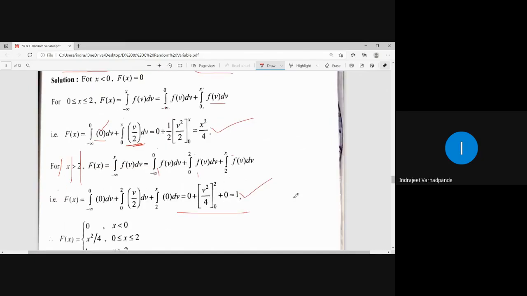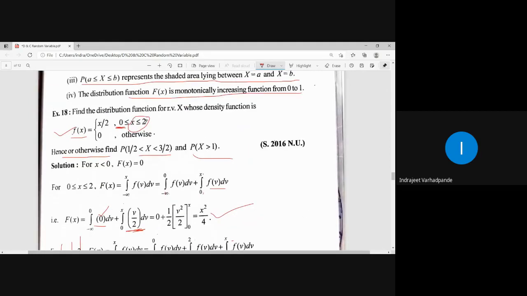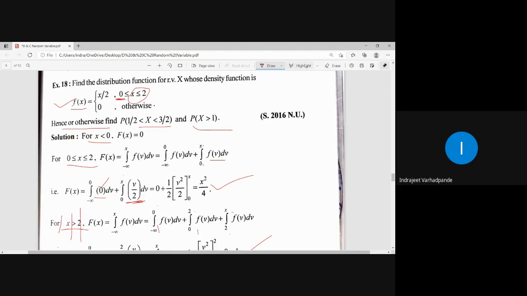The last value of the distribution function should always be what? It should be 1. So how is the interval split? 0 less than or equal to x less than 2 is split as less than 0 for the given interval and then greater than. This is how the splitting of the given interval will be. For less than 0 it is 0, for the said interval it is in the form of x, and for greater than the last value or the upper bound it should come out as 1.